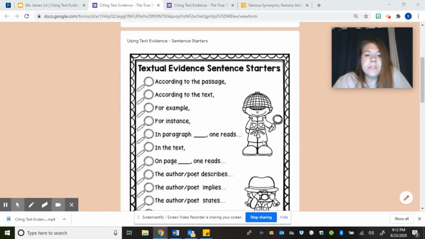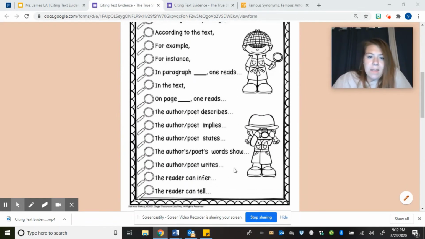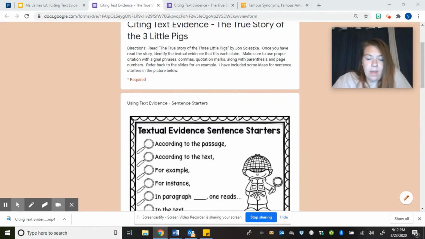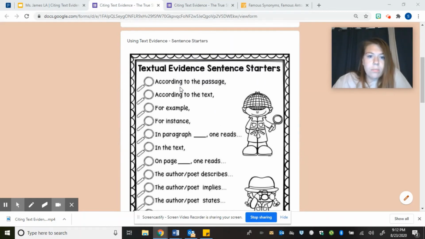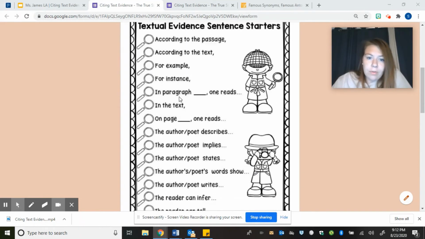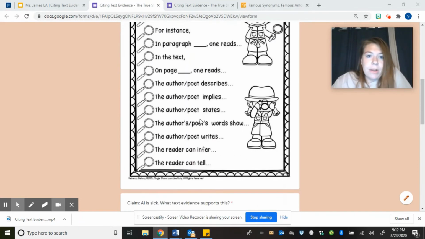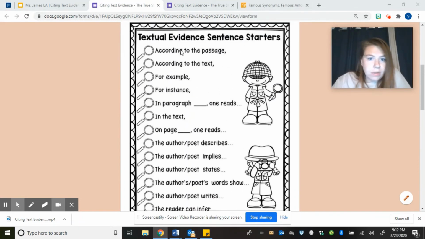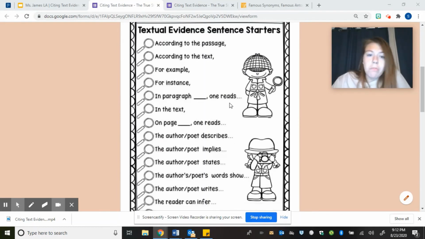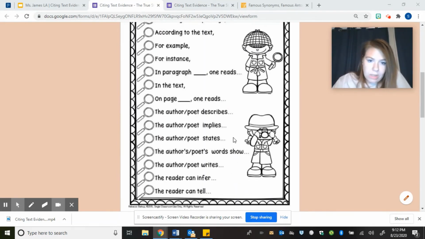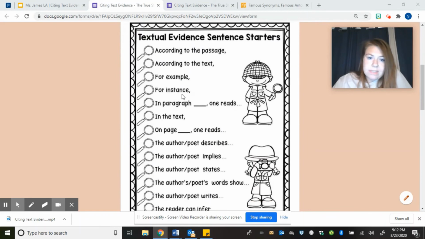And then here are some sentence starters, okay? These are really going to be, well, most of them, okay. Some of these are set up for direct quotes, and some of these are set up for paraphrasing, okay? You choose. If you want to use the same one on each one, go for it. I'd encourage you to try different ones, but I want you to use these to help get you started.